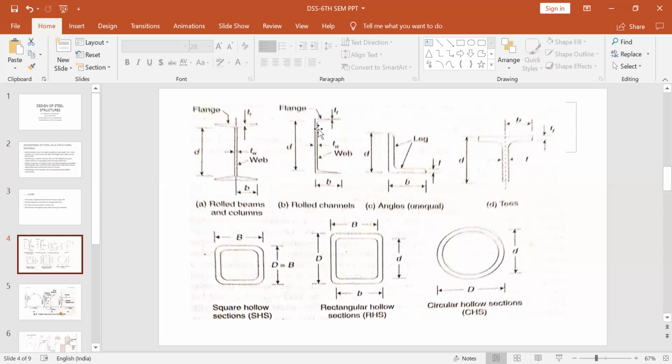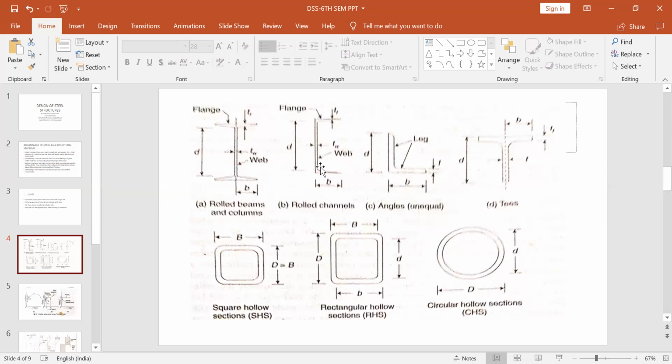Similarly, channel sections are sometimes used in beams, in purlins of roof trusses, and various other places. When you select a C section, the classification of the channel section will also be according to the depth of the web, again like the I section. So it will be ISLC, ISMC. Generally it is ISMC, with medium. L, M, and H refer to the loading or the self weight. For lightweight, you take L sections. For medium weight, take M sections.